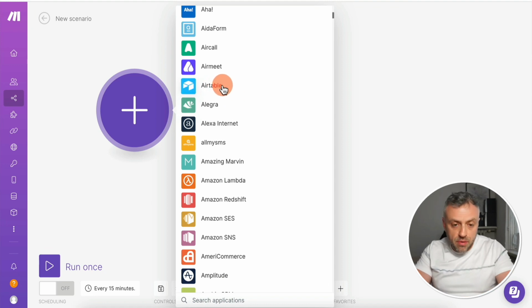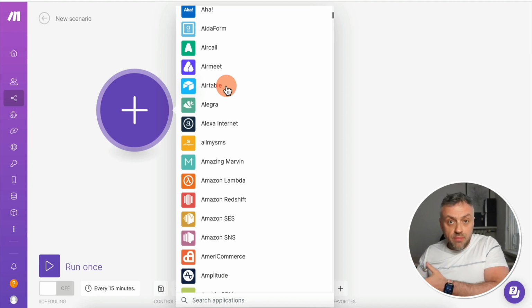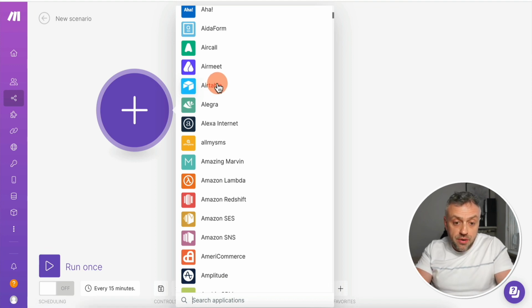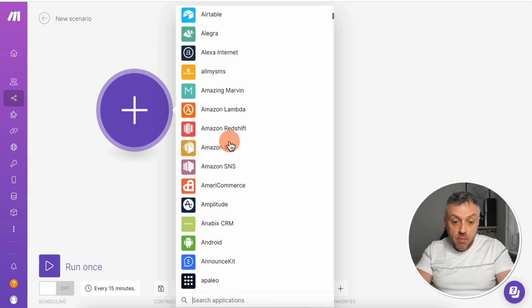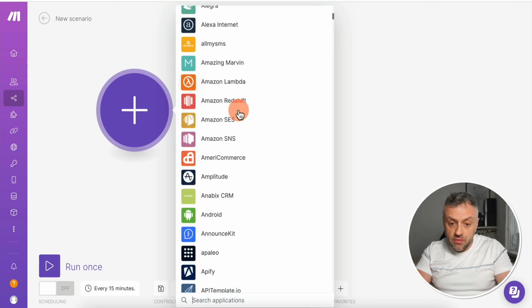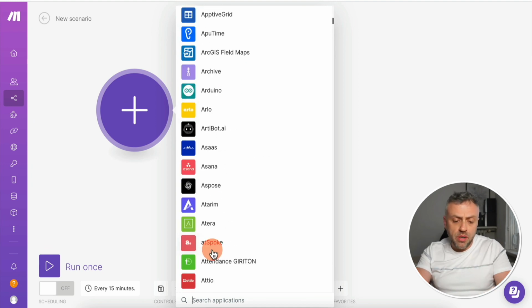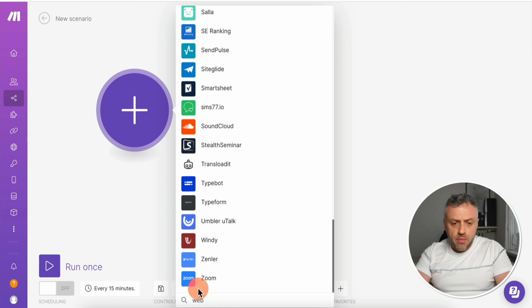Okay, there's Airtable, we know Airtable. So if you want to connect to Airtable, if you want to build a FlutterFlow app, you have to go out and learn the API and create all these requests. And here you don't need to do that. You can just use the Airtable component module. We have Amazon, you have all of these. It's incredible, right? But what we're going to search for is we're going to type web